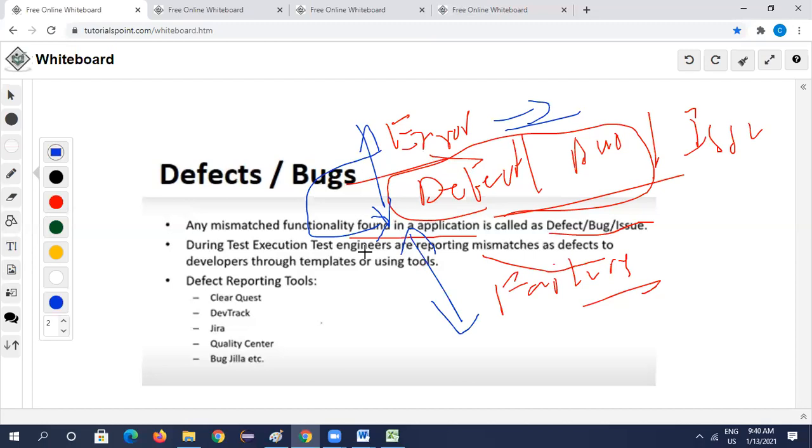We have found the defect. What will we do? We will report the defect to the developer. The developer goes through the reported defect and says, yes, you are correct, Mohan. The defect you have raised is correct. So now the developer agrees to the defect you have raised. When the developer agrees to the defect and says he will fix it, it is called a bug. So bug and issue are the same thing.